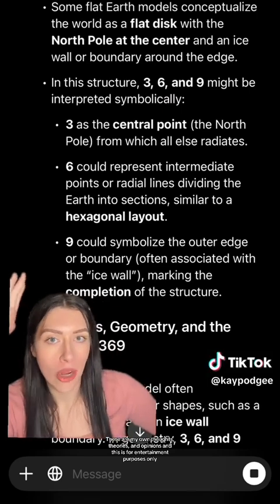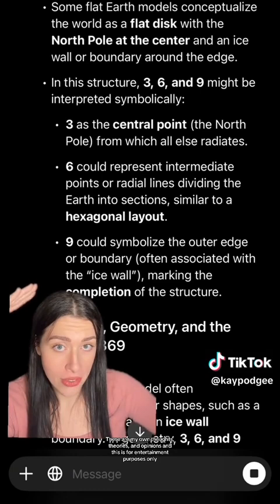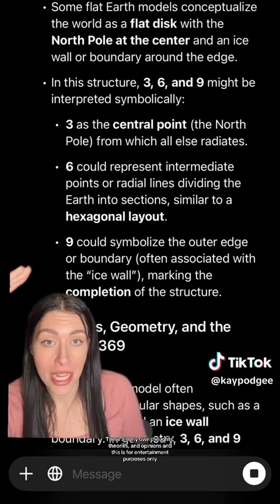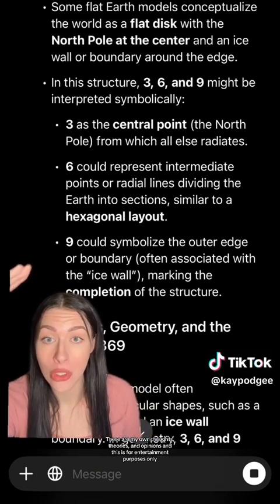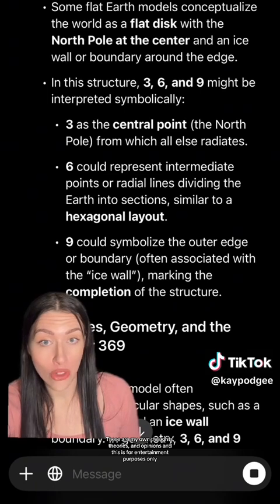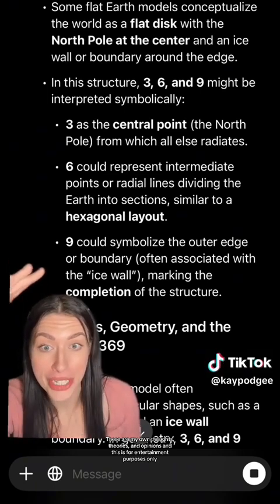So then I asked, how might 3, 6, and 9 be relevant in this model? And it says 3 as the central point from which all else radiates. 6 could represent intermediate points or radial lines dividing the Earth into sections similar to a hexagonal layout. 9 could symbolize the outer edge or boundary often associated with the ice wall, making the completion of the structure,